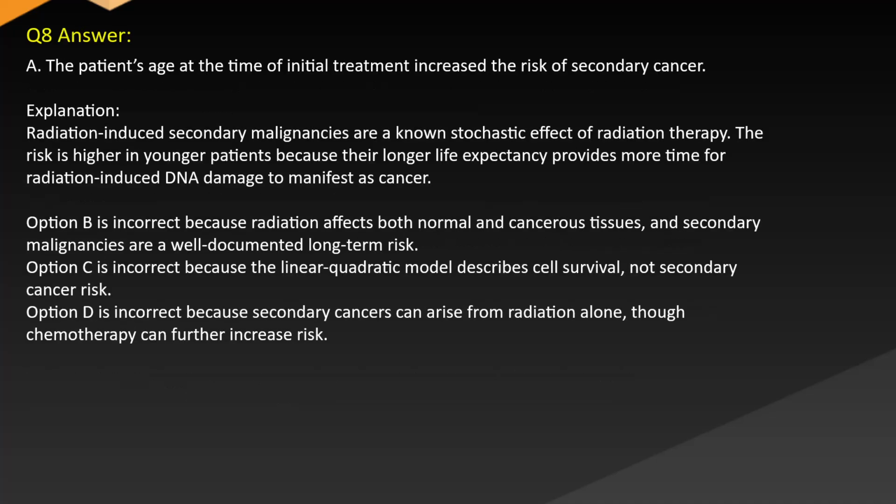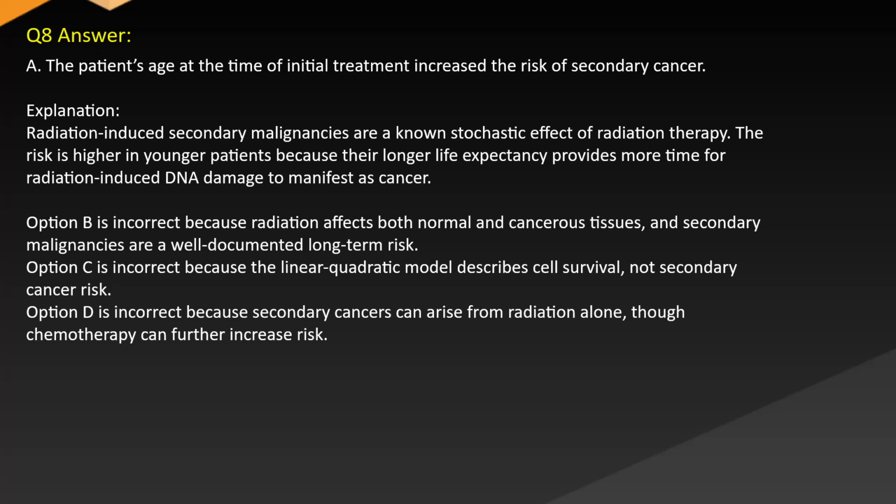Answer A. The patient's age at the time of initial treatment increased the risk of secondary cancer. Explanation. Radiation-induced secondary malignancies are a known stochastic effect of radiation therapy. The risk is higher in younger patients because their longer life expectancy provides more time for radiation-induced DNA damage to manifest as cancer. Option B is incorrect because radiation affects both normal and cancerous tissues, and secondary malignancies are a well-documented